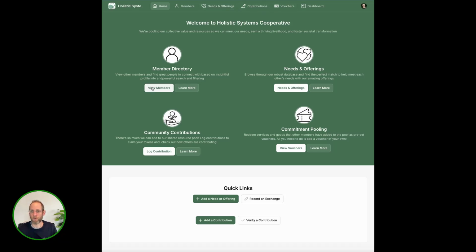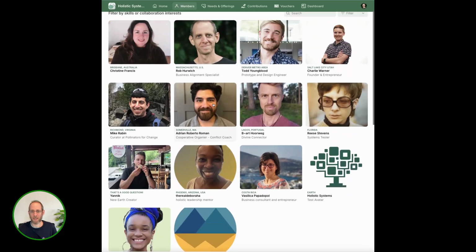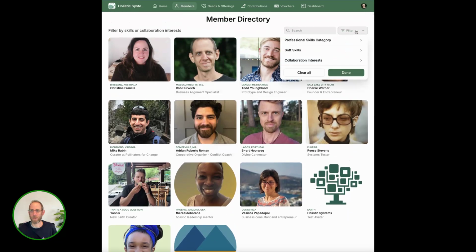So we can start with the member directory. These are all our members. Look at those beautiful faces, right? You can scroll through here, and we have search and filter functions. The idea here is we want to be able to find great matches